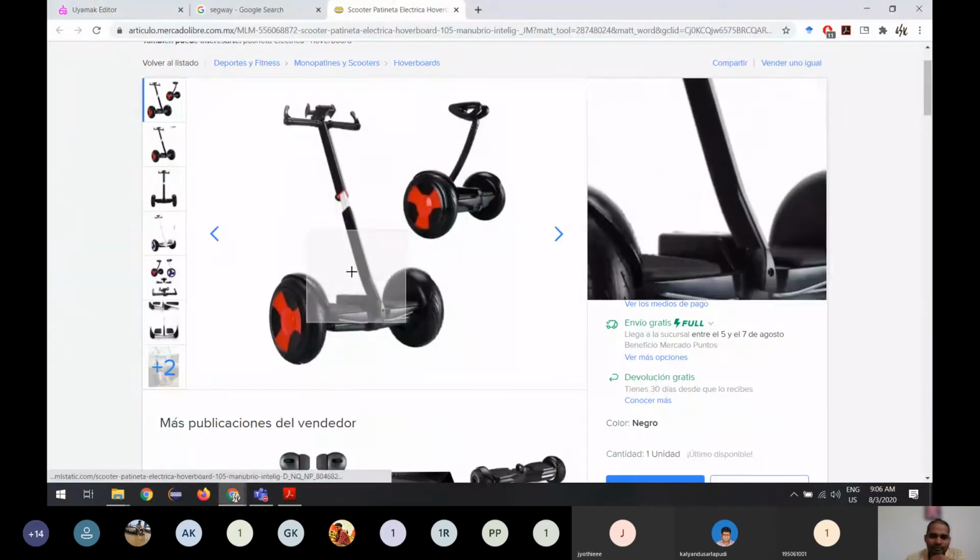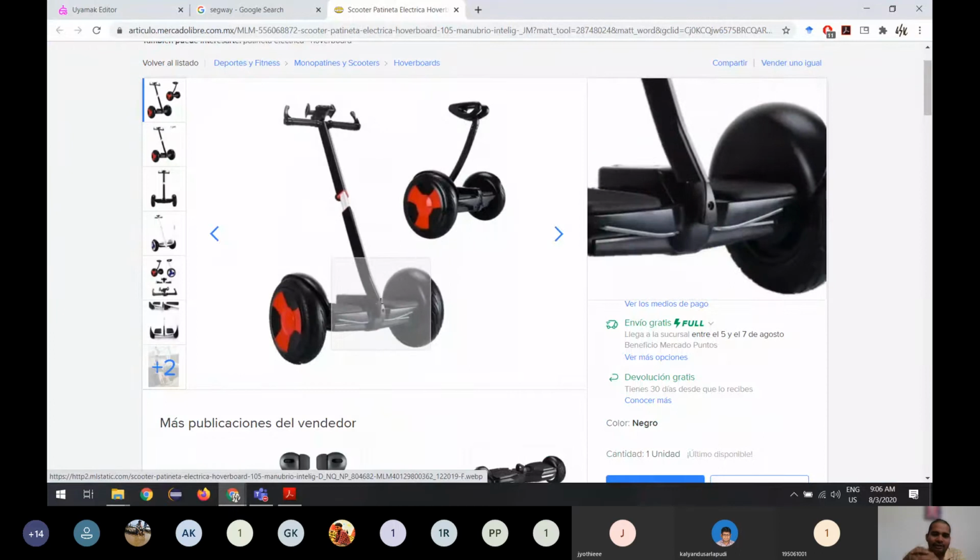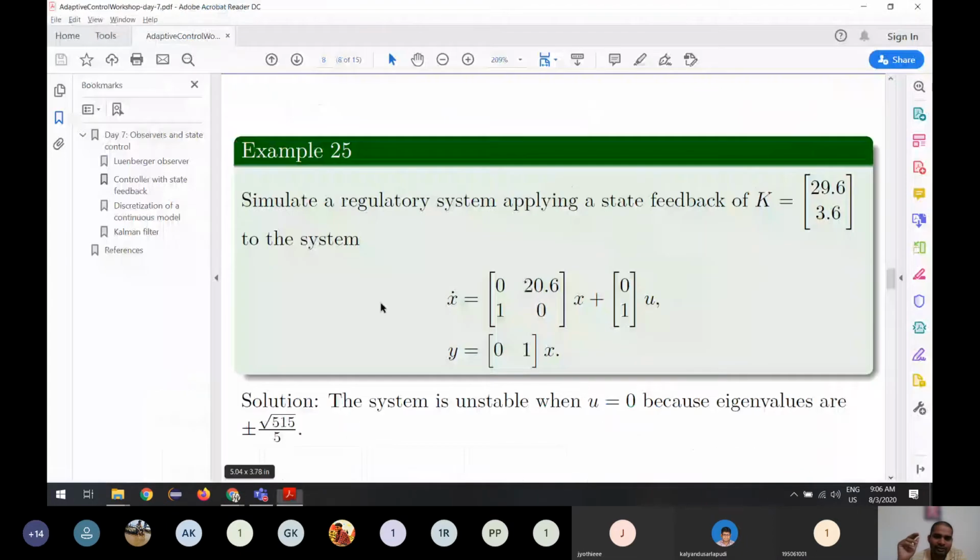But what you can do to make it stable is, we have to apply some kind of control algorithm so that this always stands upright. Whatever you do to the system, it tries to maintain its upright position. That's the zero state. So what the regulatory system wants is to make the system go to its zero state. What does zero state mean? X1 and X2 should be zero all the time.